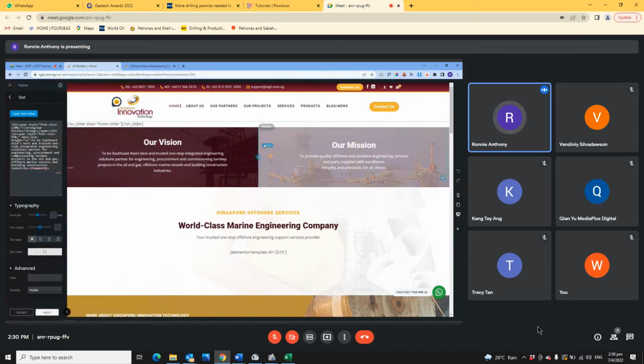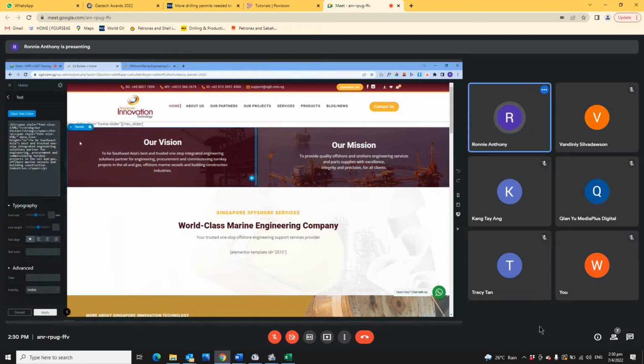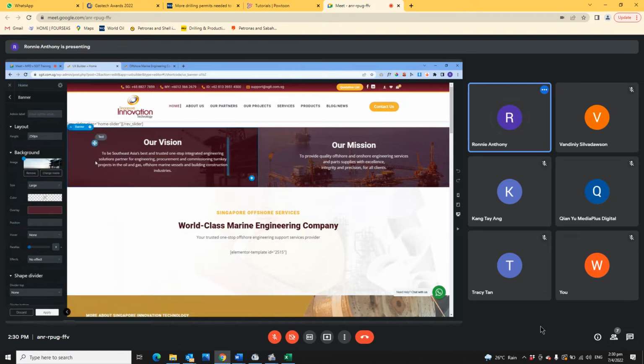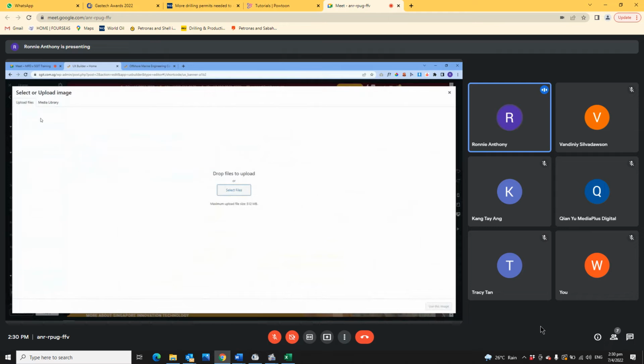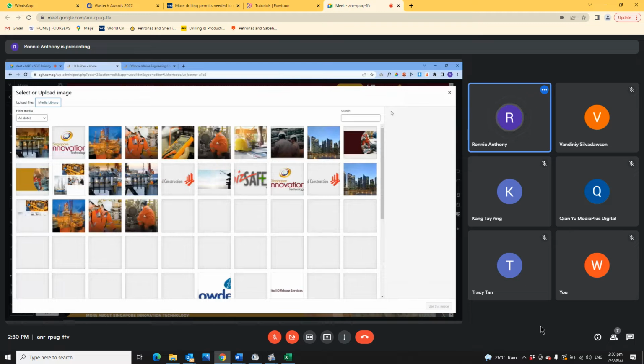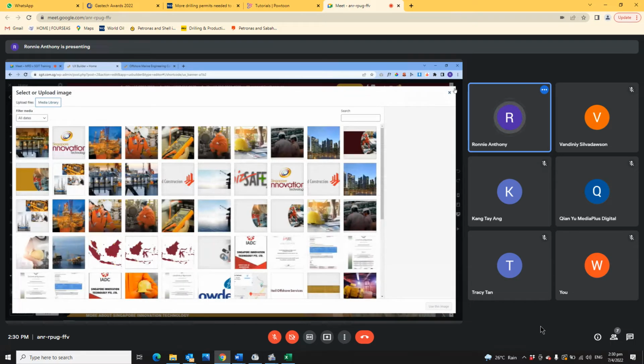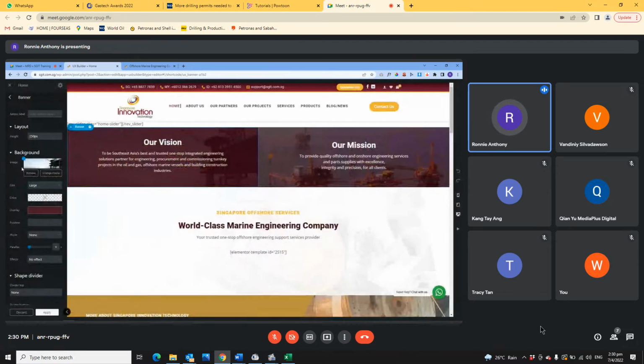Same goes to this one for image. So as you can see over here, you click on this image, and then you will see on the left side, the panel will show up with another setting. So if you want to change the images that you use for this particular banner, just click on this, change media, and then either you choose to upload or choose from the media library, similar to what I mentioned earlier. Just that for these banner elements, there are extra